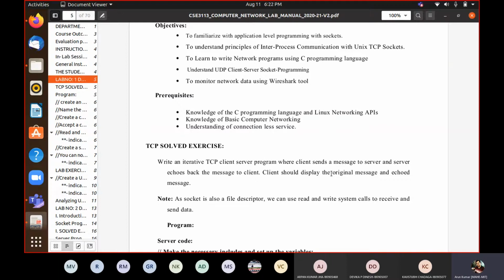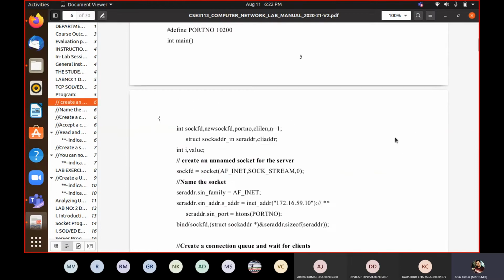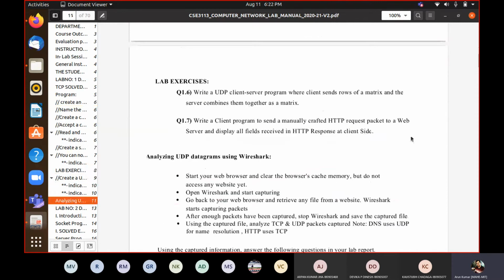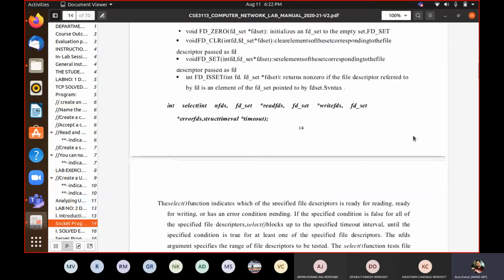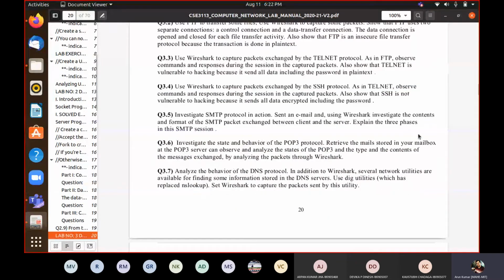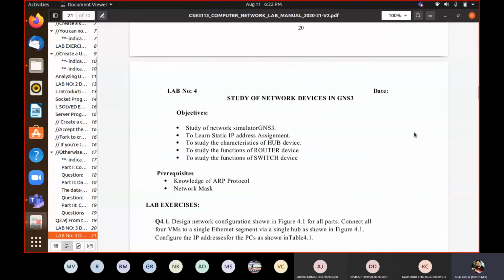Though there is no setup connection in UDP, there is a state transition diagram, showing how it will move from one state to another. So that state transition diagram is important. We'll discuss that in the coming lectures. After that we will start with TCP and UDP socket programming. Prior to that we will complete our GNS3 programs. So, yeah, this is the first GNS3 program.